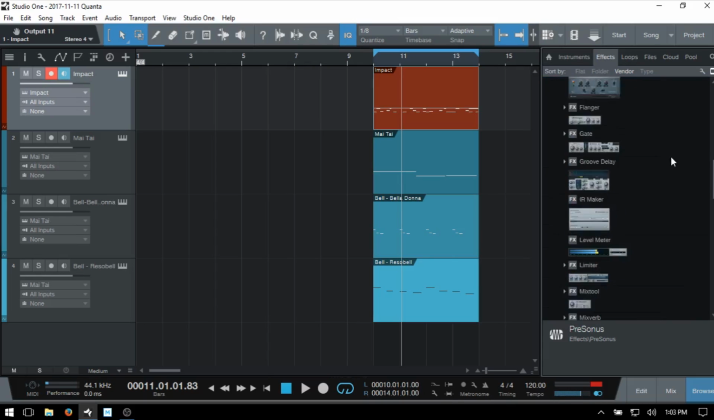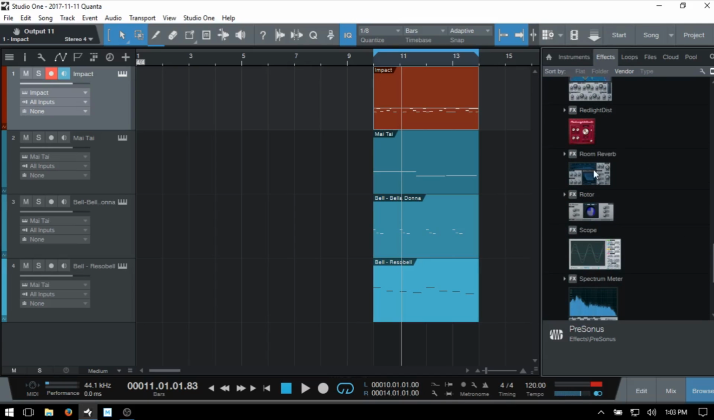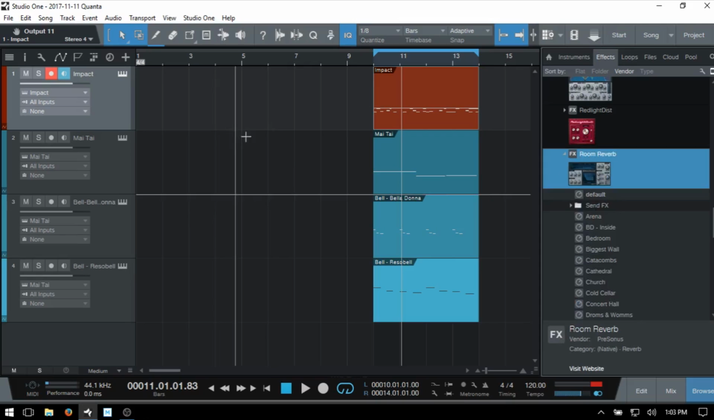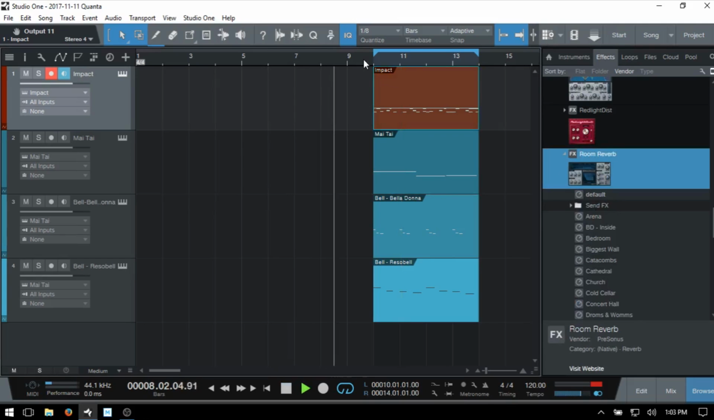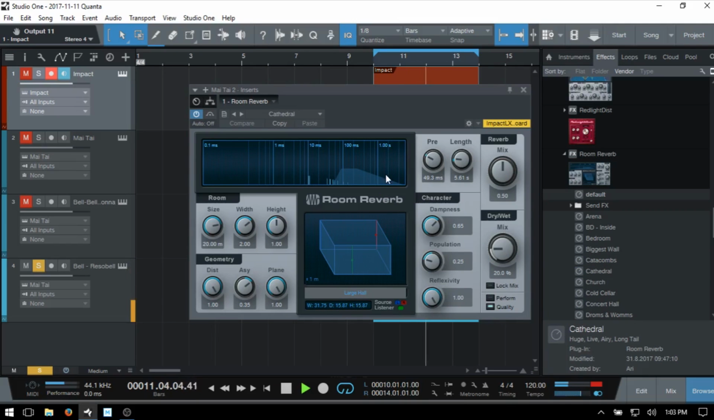So if we wanted, say, a reverb, we could come down to the room reverb here, and it seems like there may be a touch of reverb on this already, but I'm just going to choose something really dramatic here, Cathedral, drag that onto the track, and now we have